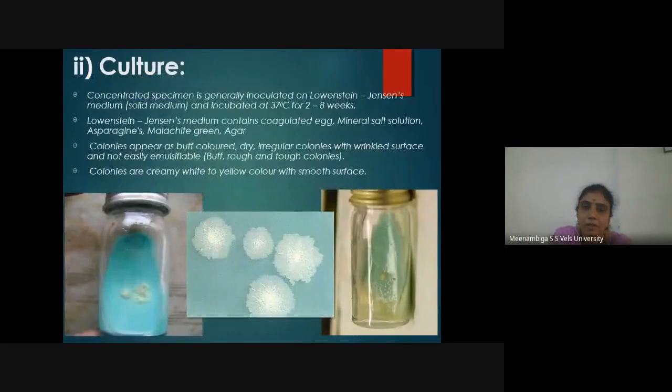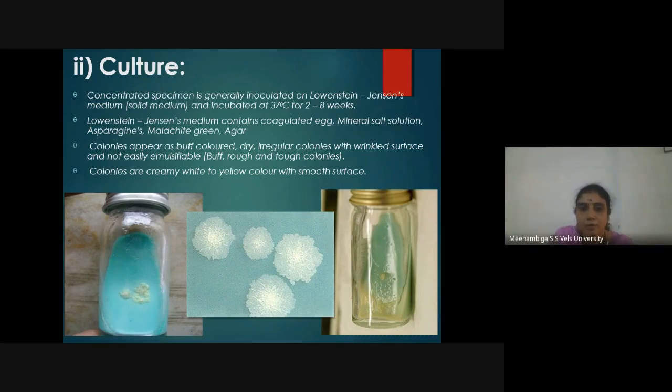Culture. Concentrated specimens are generally inoculated in Lowenstein-Jensen's medium. இதுதான் specific medium for Mycobacterium tuberculosis. Already I told, tuberculosis bacteria வந்து it will grow in very enriched medium. So இதுல வந்து என்னென்ன இருக்கும்னா egg, meat, mineral salts, asparagine, agar, இதெல்லாமே வந்து enriched, that is highly enriched medium தான்